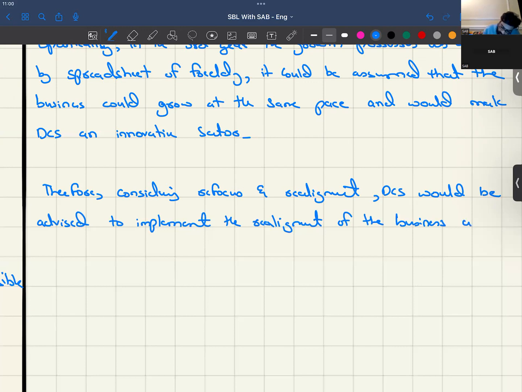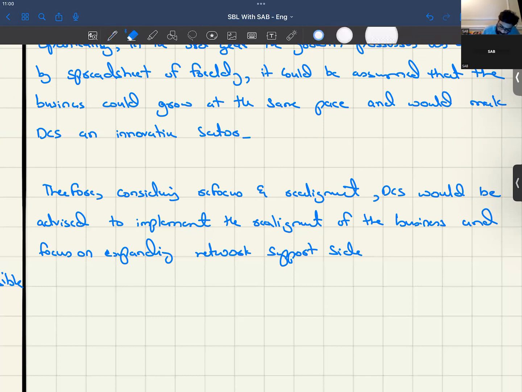And focus on expanding the network support side. Although the NPV is negative, we are asking them to do that, right? We are asking them to spend on the network support side of the business